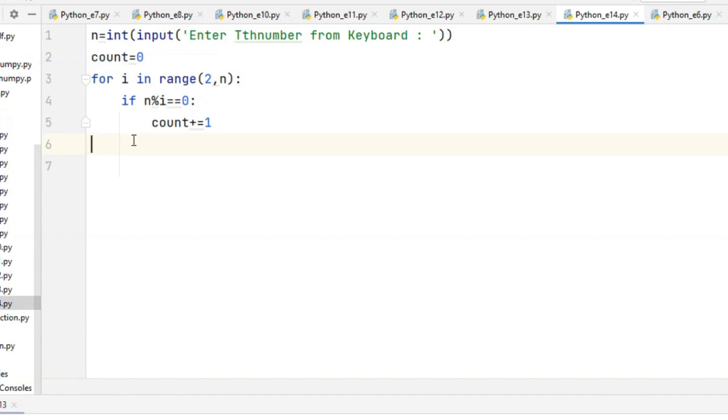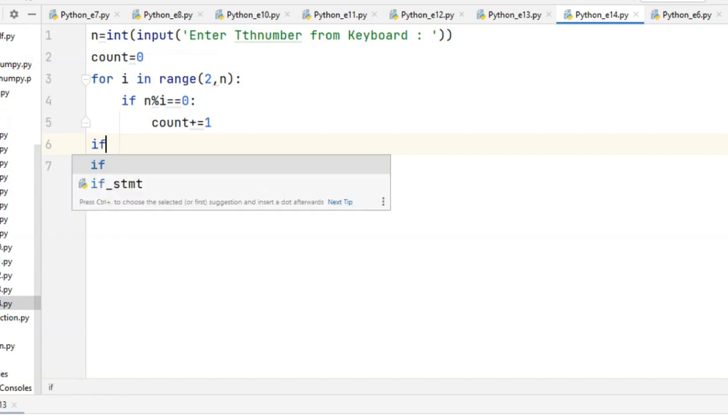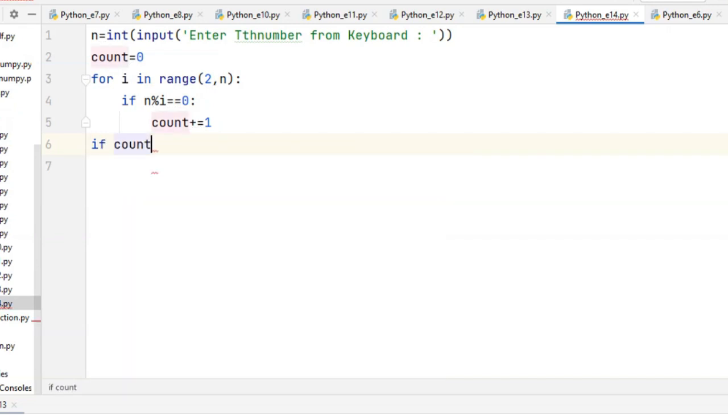Then after finishing the for loop, we will check if the count is increased or not. If it is increased, the number is not prime because the number is divided by i and its remainder is 0. So it's not prime. If count greater than 0,